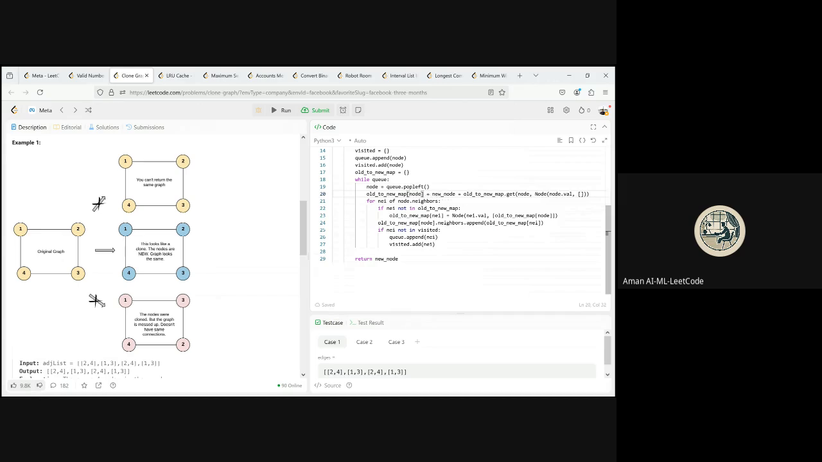If it is present, just make it simpler. So this is what we have. If it is present, then get the new node directly. If it is not present, then create a new node. So this is going to have a new node for the current node. Okay. After that, if the neighbor is present here, then you just